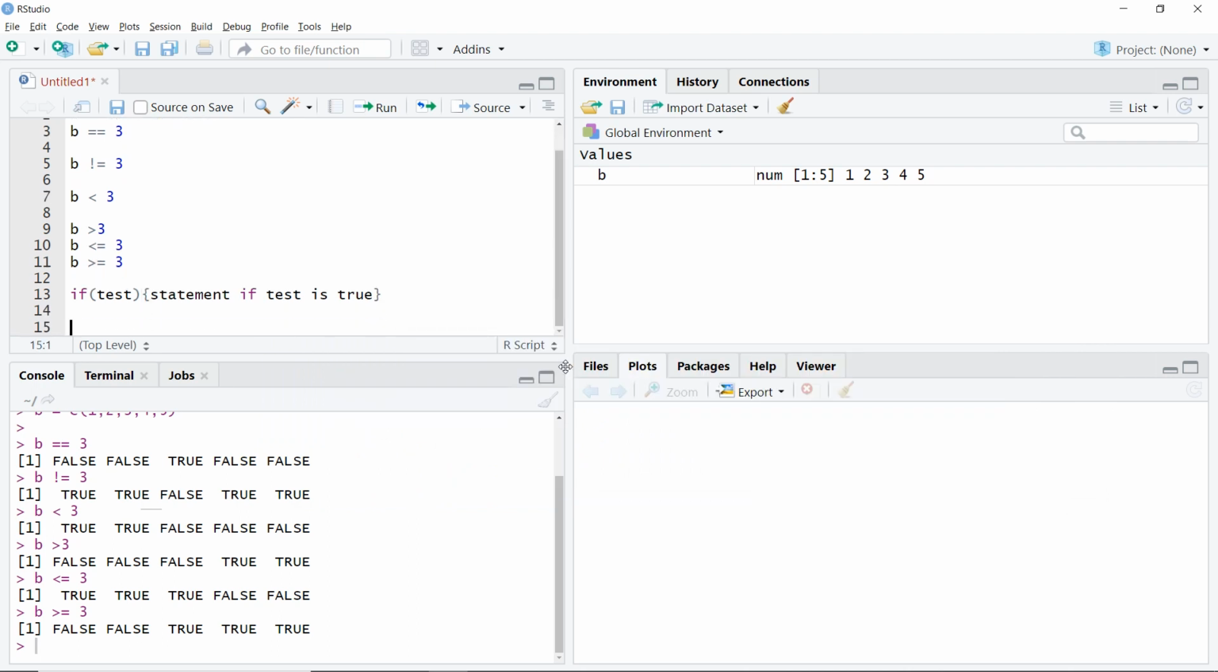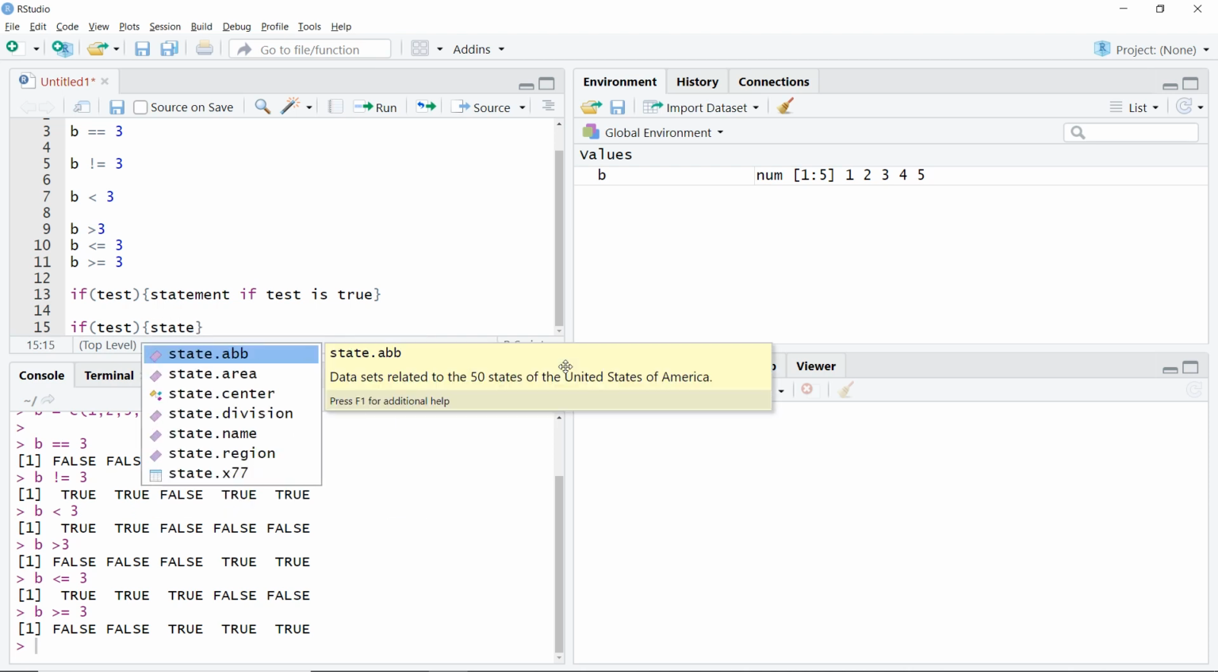Similarly, we have the if-else statement. Now, if we use only the if statement and the test is false, it does nothing. But if we want it to do something if it is true and something if it is false, we have the if-else statement. So for that we have if, and then we again write some kind of a test that gives us a value true or false, and then in our curly brackets we write our statement